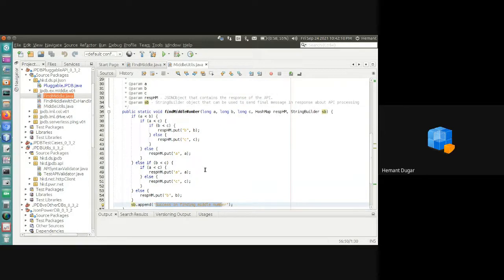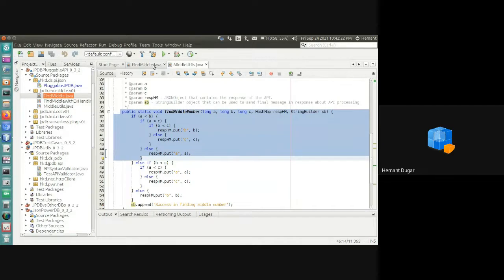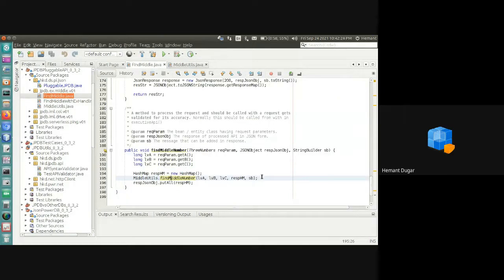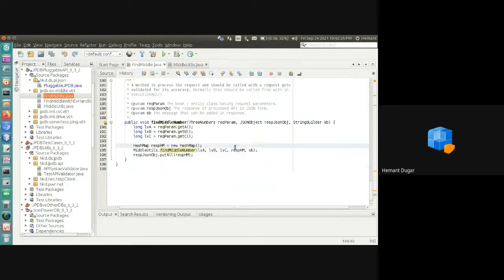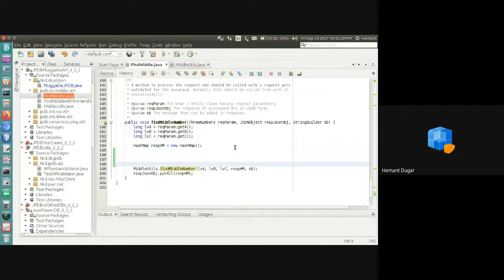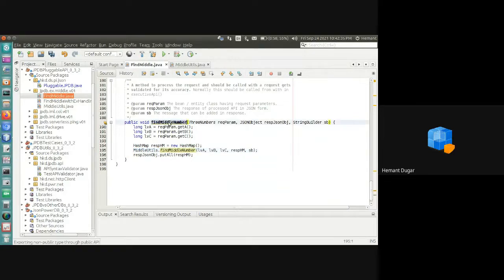Now the question is why we have written this find middle number here and not here. We could also write this method inside this code, but we have not. The reason is that this takes a request and response JSON object, basically request params, so it is part of the JSON API, REST API.